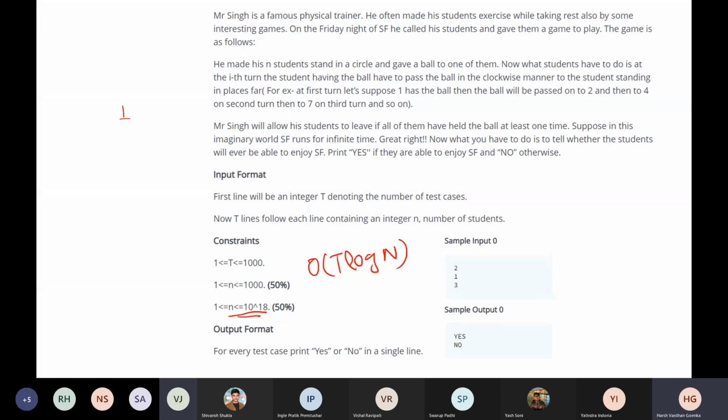The number n should be 2 to the power k, only a power of 2. I observed that. Yes, the solution is that the number should be of the form 2 to the power k. There exists a mathematical proof why it should always be 2 to the power k, but it may be difficult for everyone to understand. I will surely share the link of how it comes out to be 2 to the power k.